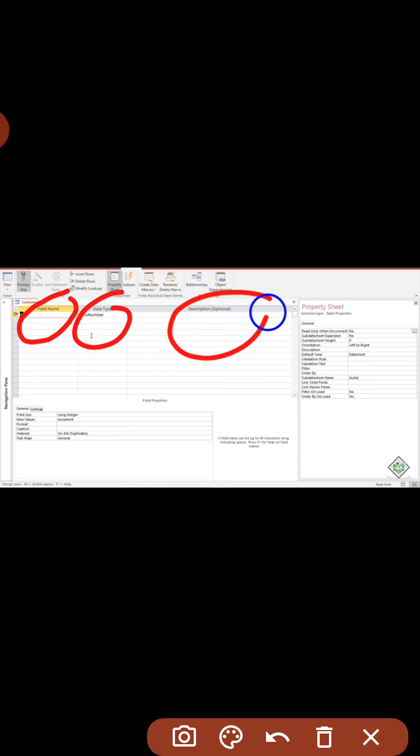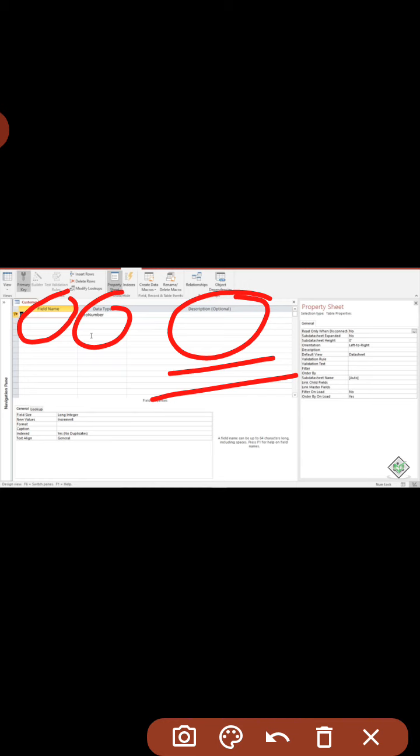And for that blank table, now you have to create fields. To create fields, you have to write the name of the field, its data type and its description. This is the field's name, this is the type of data, and this one is the description.